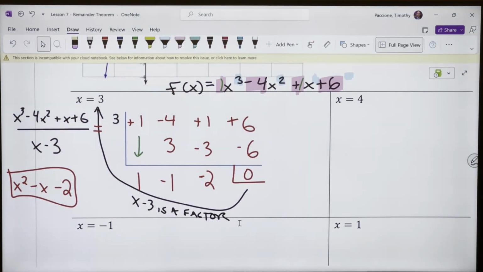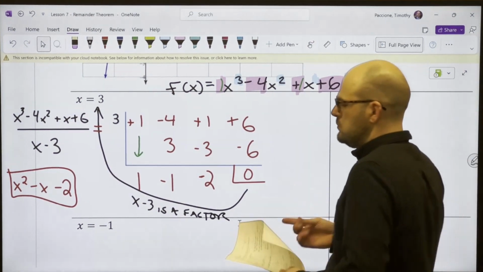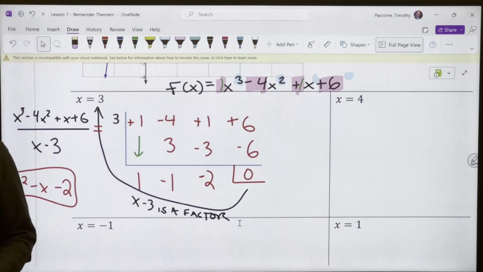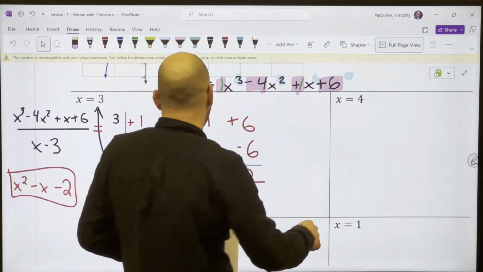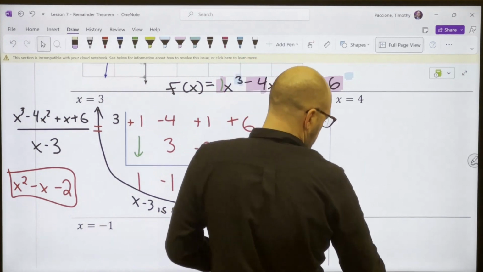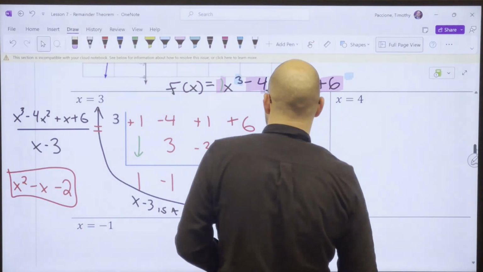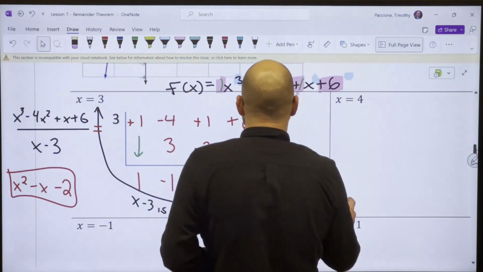All right, so hopefully you had a chance to do those. If not, keep going. I'm going to start putting them up on the screen, okay? All right, so this next one,